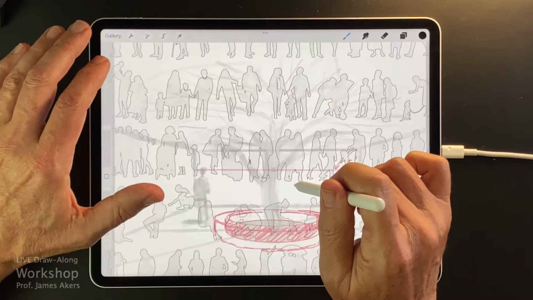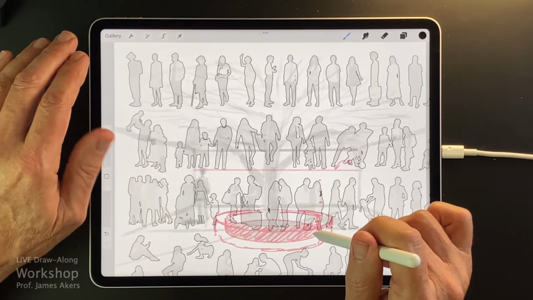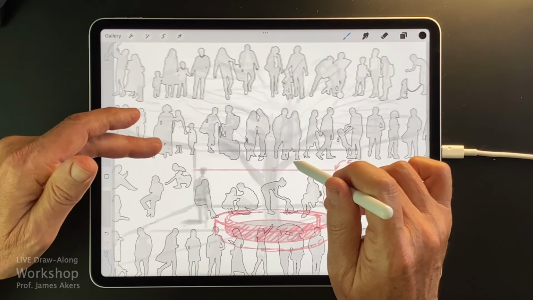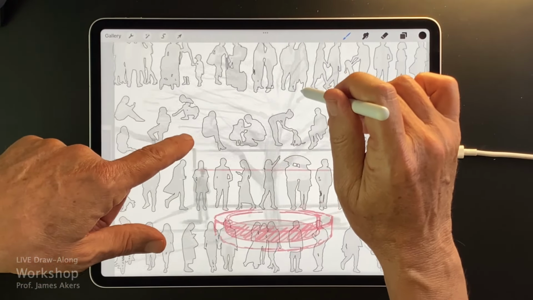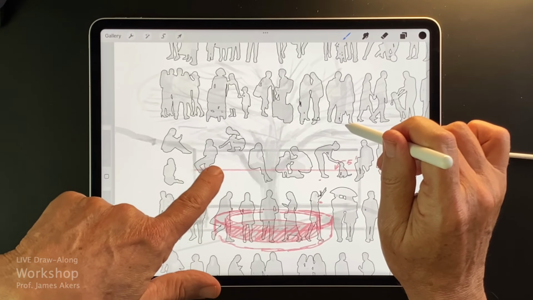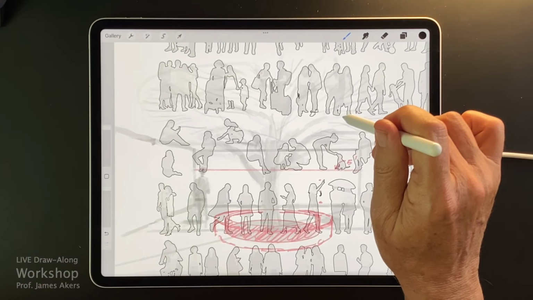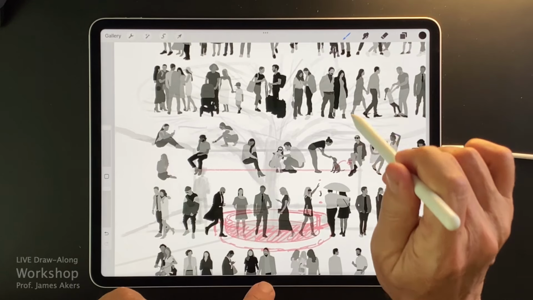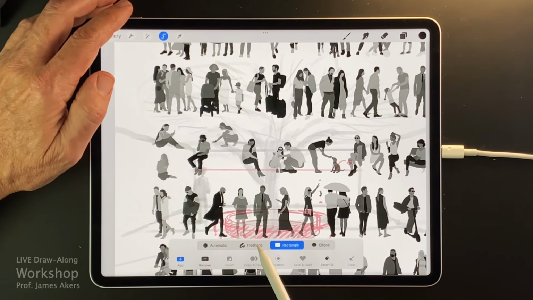Now, this is interesting. Remember, these stencils are designed for the 300 DPI 11 by 17. So if I stamp this now, these are going to go off of the page. So I'm sort of dragging around just to see the people I want, and I want a couple of seated figures. So I like what I see here, and even here if it's a children's story space. So I'm now going to tap this firmly right now, and I'm going to go in with my freehand tool,